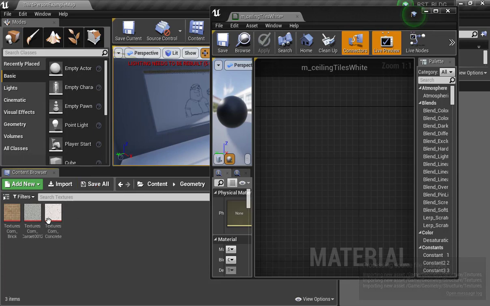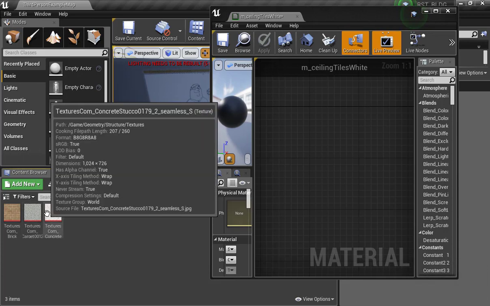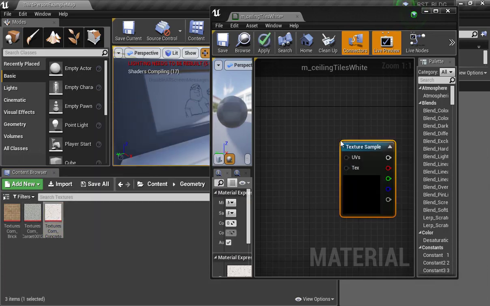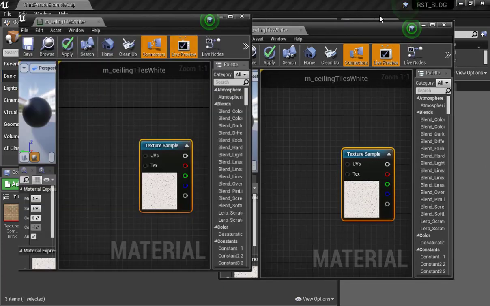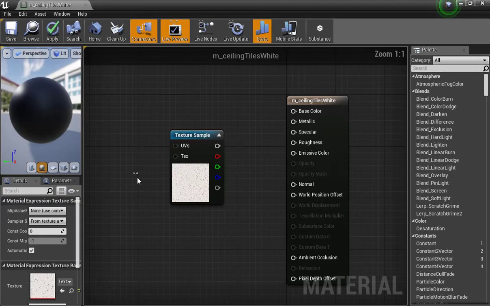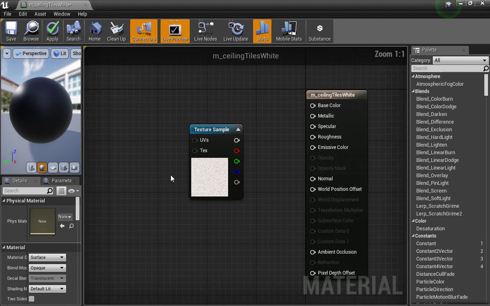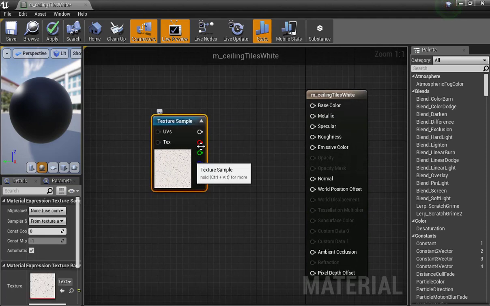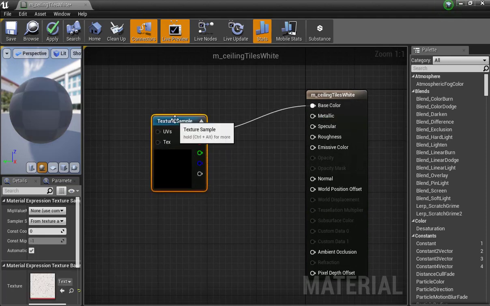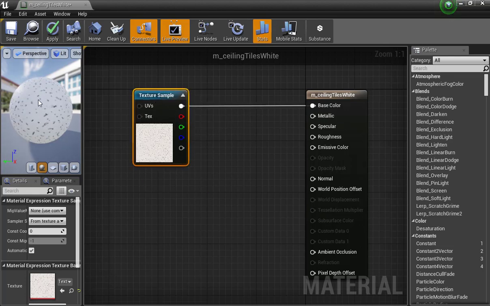Okay, so this is the ceiling. So I'm going to go to concrete and drop it in. I don't know why it came up as concrete. It looks just like the whatever tile. I'm just going to drop the color onto base color, and that gives me that look. And I can also drop, let's say, the red onto